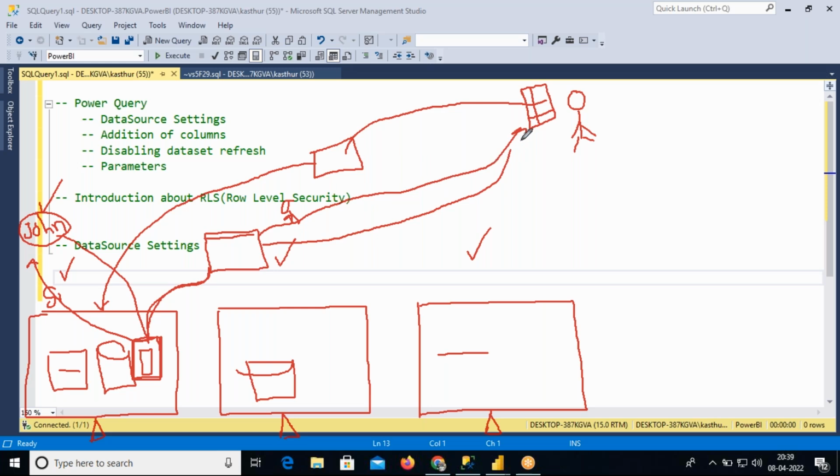Then the client says, I am paying crores to you and you are giving incorrect reports. Now I will leave this company, I will go to another company. Okay, so that's how they will react. So to avoid these kinds of